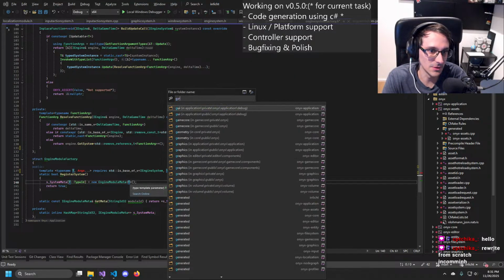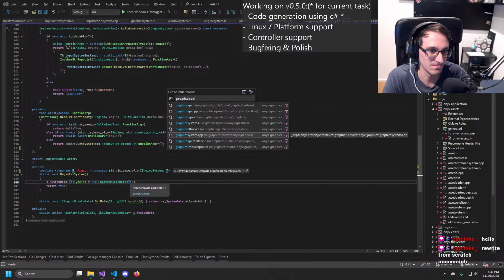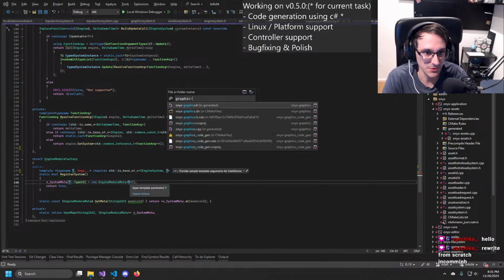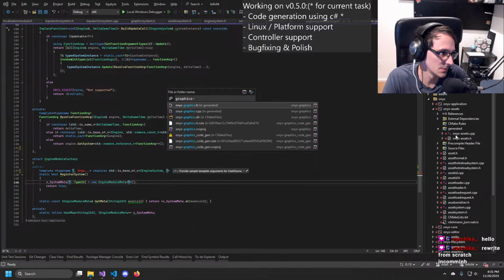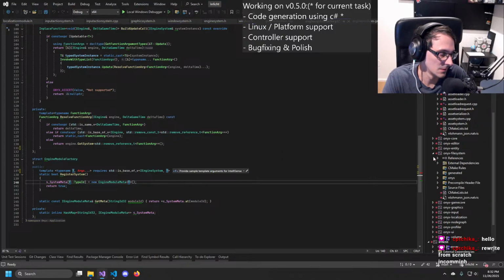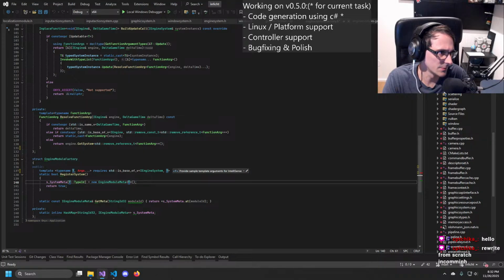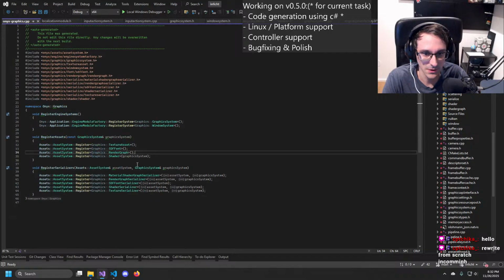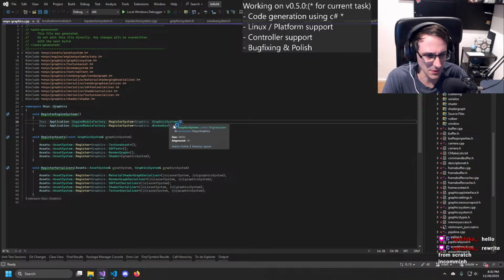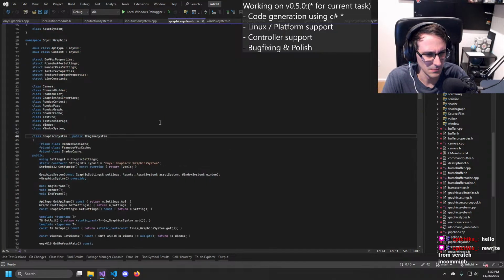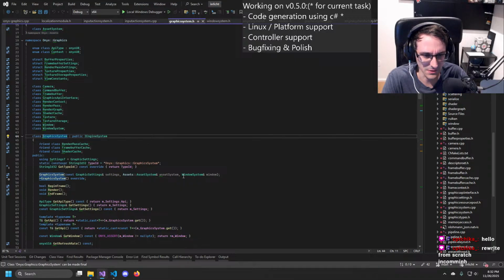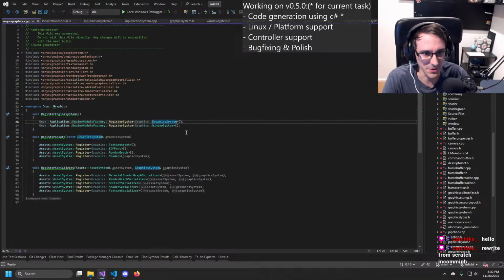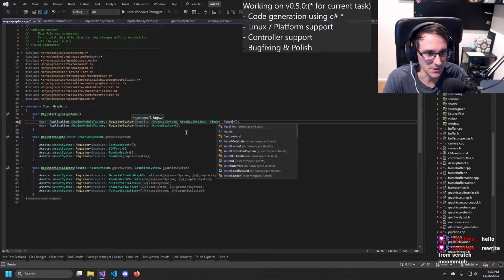And then in our, for example, graphics module, why did it not auto-fill where we register? I think the graphics system needs it. Yeah, it needs asset system, window, and graphic settings. So that would be graphic settings, window, and asset system.